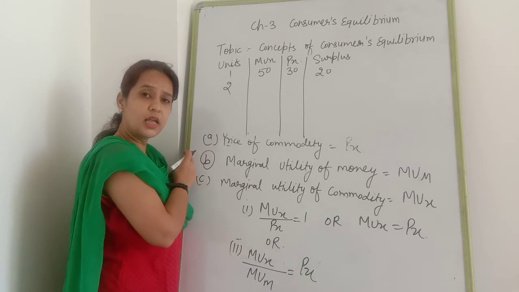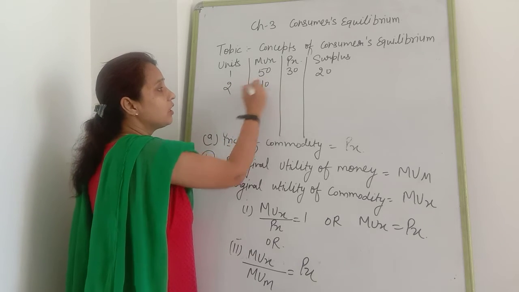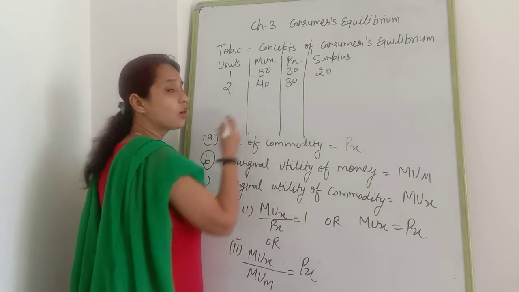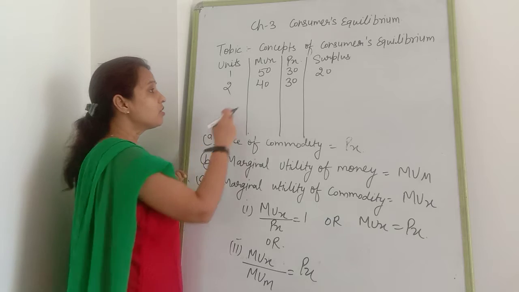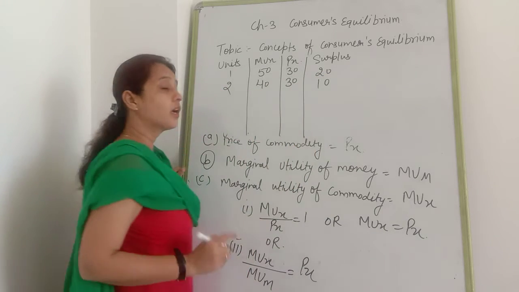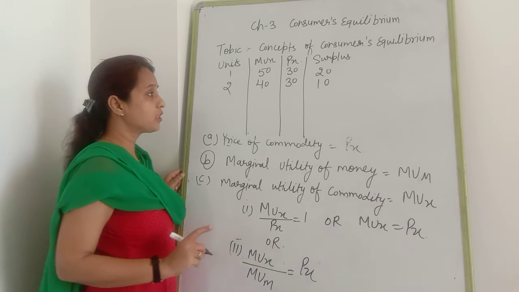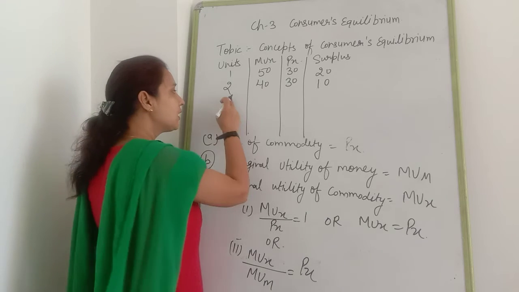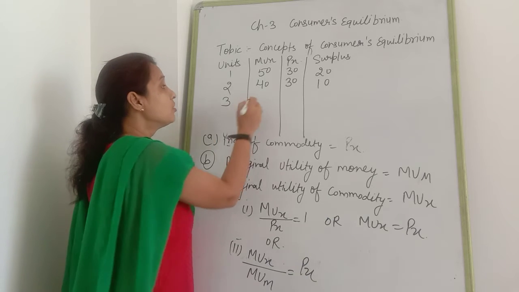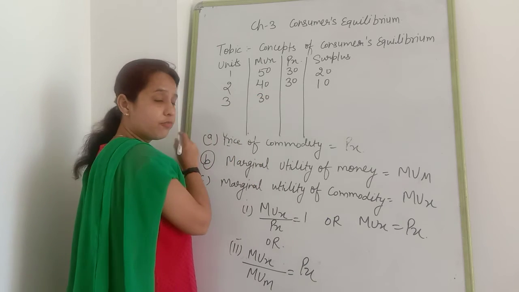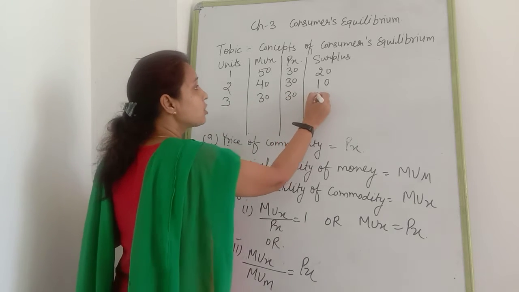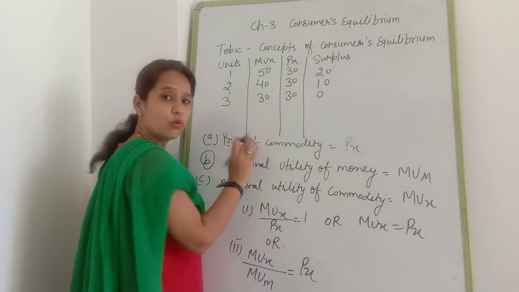From the second ice cream, I got a satisfaction of 40. Still the price remains the same. Prices will not change according to my satisfaction in the market. So how much surplus have I got? 10. Again I am in which position? Surplus position. Definitely I will eat the second ice cream also. If I go for the third ice cream, my satisfaction will definitely decrease, but the price remains constant. So in that condition, no surplus, no loss.